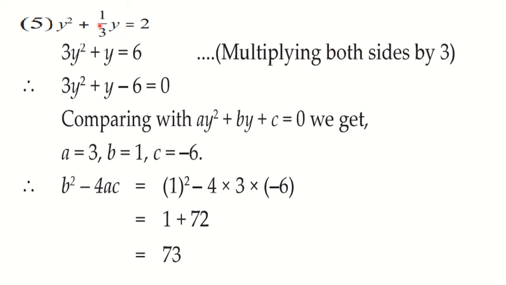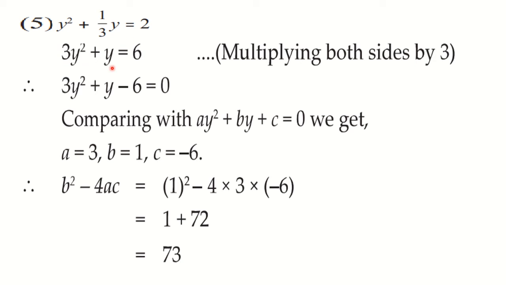So here a fraction is there. So first we have to remove this fraction. So we have to multiply both sides of the equation by 3. Every term, if we multiply by 3, then this 3 will be eliminated from the denominator. Okay. So when we multiply here by 3, what we will get? 3y square plus y. Because when we multiply here by 3, 3 and 3 will get cancelled. So here y will be left out. And 2 into 3 is 6.